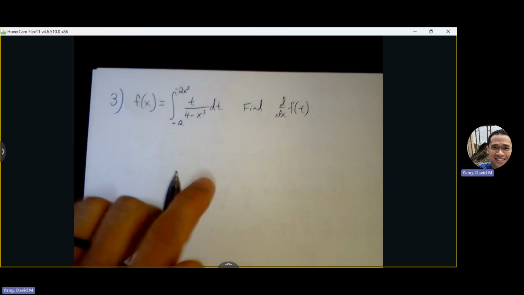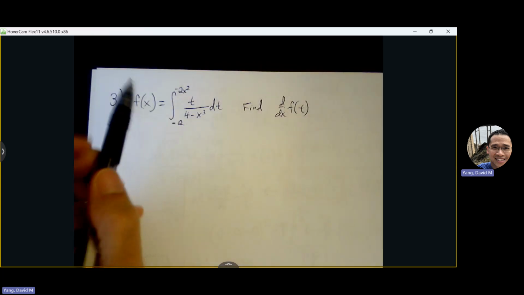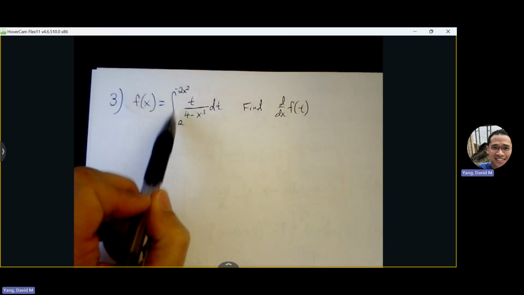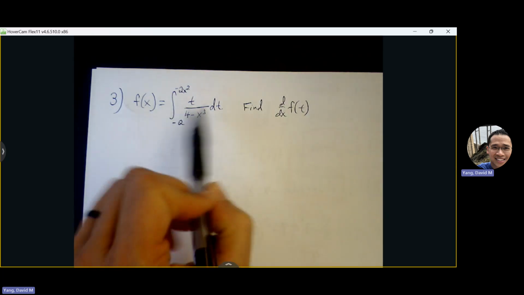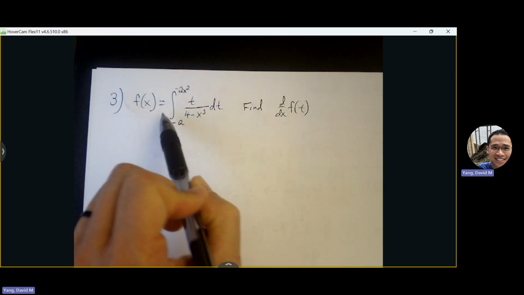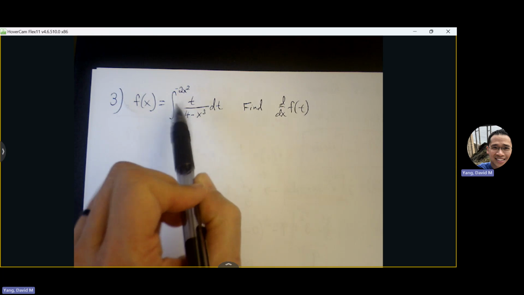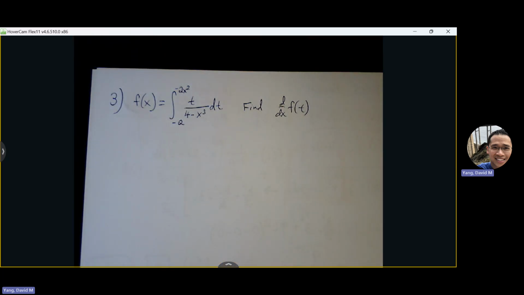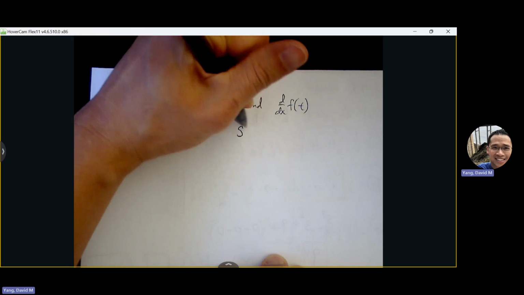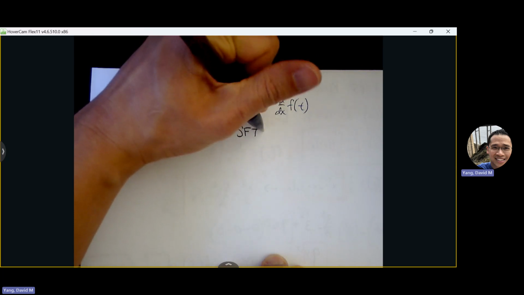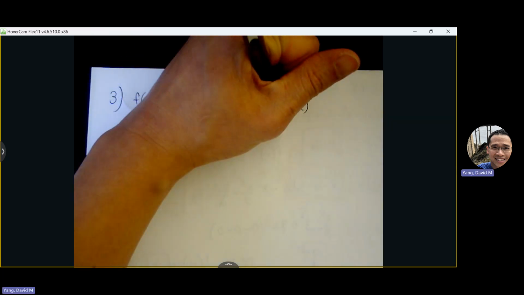So this function looks a little complicated here because it's got a bound involving variables, and we're asking for the derivative of this function. Anytime you see a derivative of an integral involved, we have to think about the second theorem formula that we learned. So I'm going to abbreviate it. Second fundamental theorem of calculus is